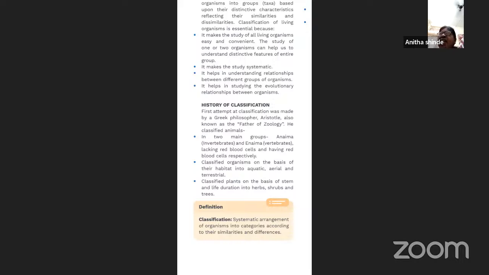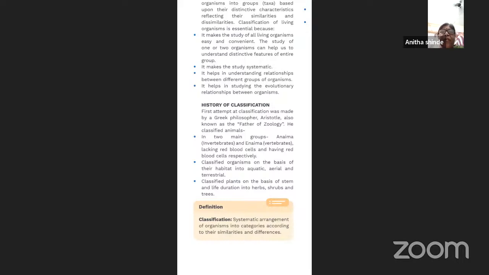he has classified them into herbs. Small plants he classified as herbs. Then a little bigger he classified as shrubs, and the biggest he classified as trees. So that is how he classified the plants into three different categories: herbs, shrubs, as well as trees. So this is actually the classification, maybe the first attempt of classification, which was made by Aristotle, who is considered